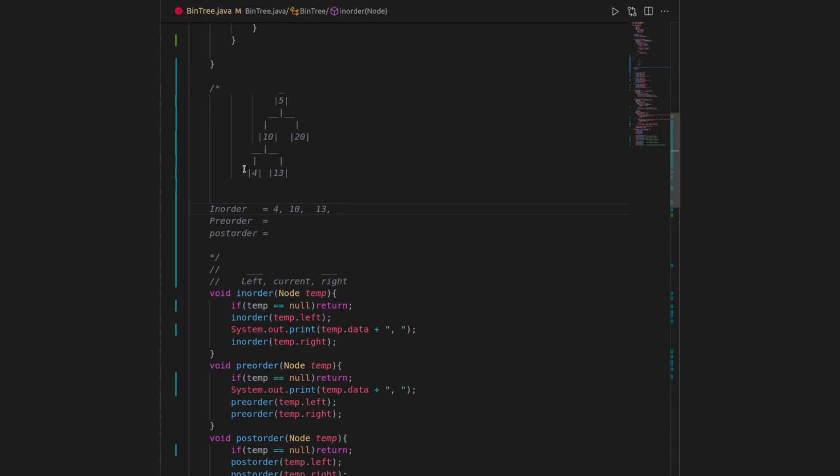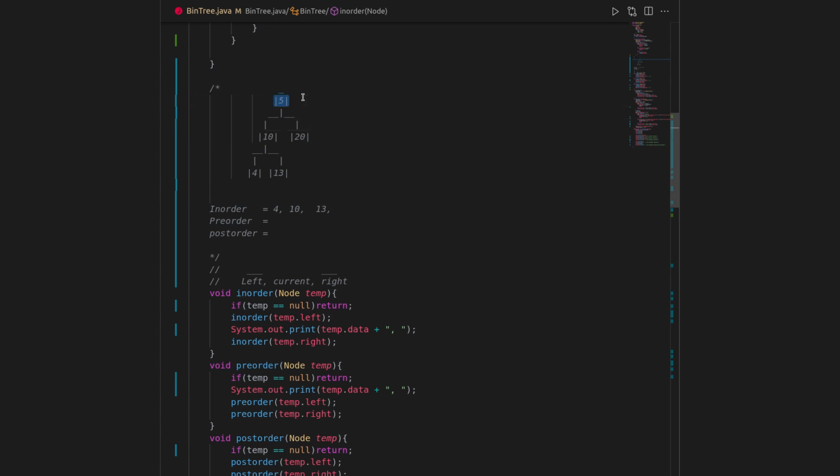Okay. So now the left, current and right for the node 10 are executed, correct? Because first we printed 4, then we printed 10 and then we printed 13. So the in-order traversal for node 10 is over, which is the left child of phi. Okay. So now this part, which is the left child of phi, is over. Okay.